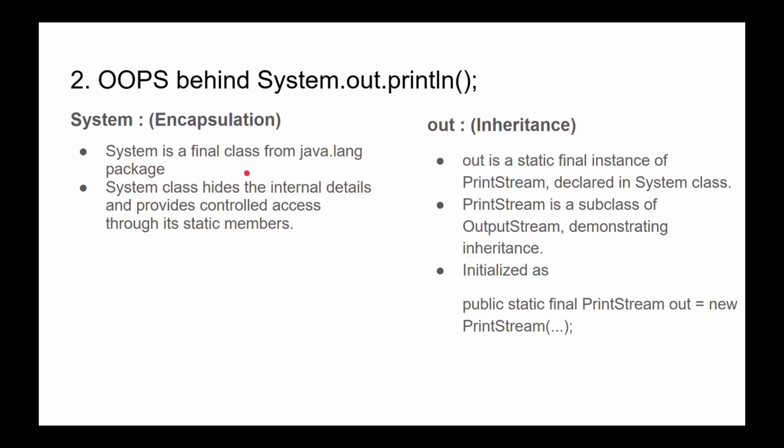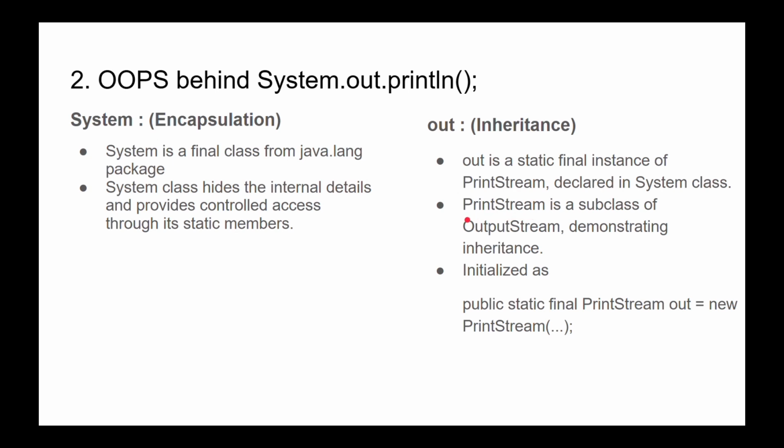And the next one is out. Out is the final variable, static final instance from the PrintStream class, and it is declared in the System class. Here PrintStream is a subclass of the OutputStream. OutputStream is a class where it will print the data in the console,